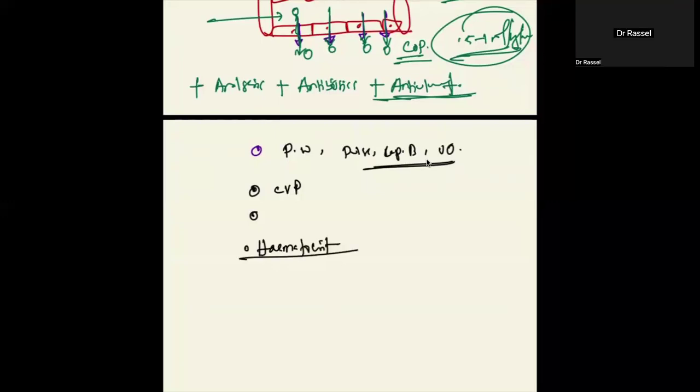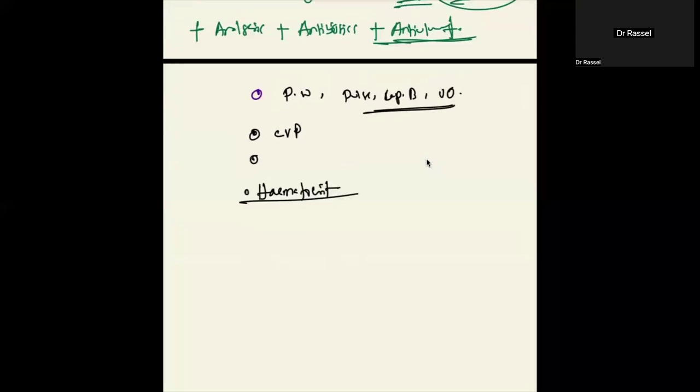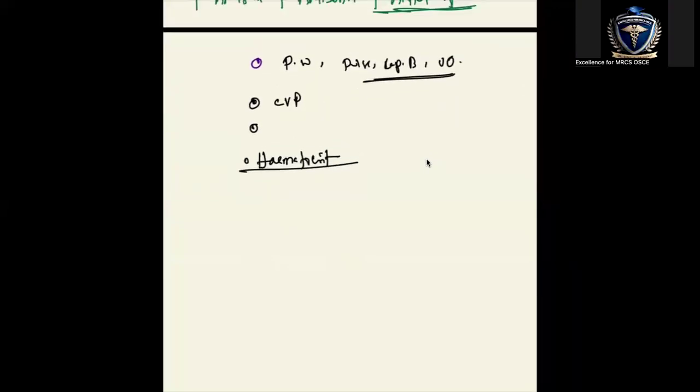Yes, the hematocrit will be increased as there will be hypovolemia. So why will volume correction happen? If there is volume correction, due to leakage, then it will be